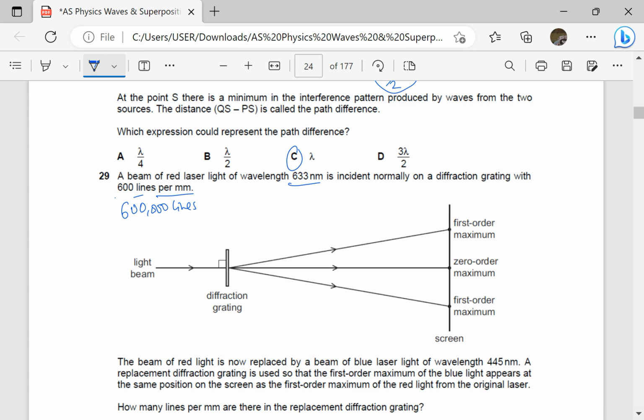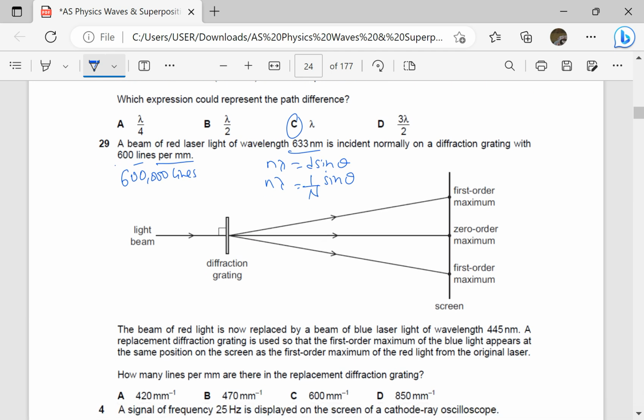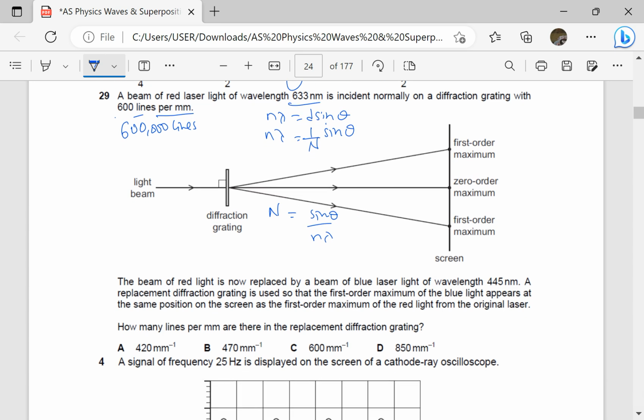So we know for a diffraction grating, n times lambda is equal to d sine of theta. Where there is d, we are putting 1 over the number of lines. So the number of lines is going to be sine theta divided by n times lambda. For red, the number of lines was equal to 600 lines per millimeter. Then for the second one, the number of lines is going to be equal to,